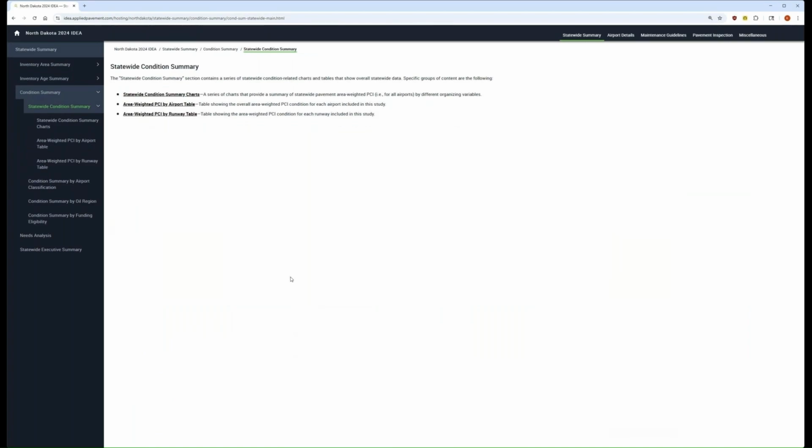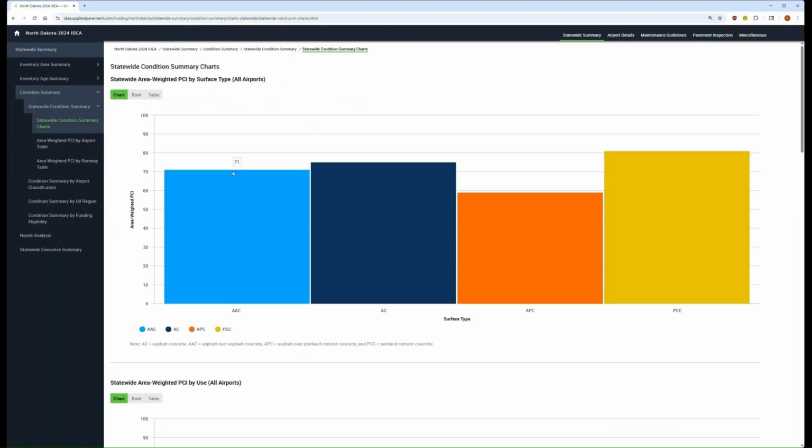Now instead of area and age, we're going to be looking at splits of information showing representative PCI. So these are area weighted PCIs. Of the Portland cement concrete pavements, which represent more than 50% of the pavements in the system and had an average area weighted age of 16 years, their area weighted average PCI combined is an 81. They are performing at the higher end of the condition spectrum when looking at other types of surfaces. Similar breakdowns by